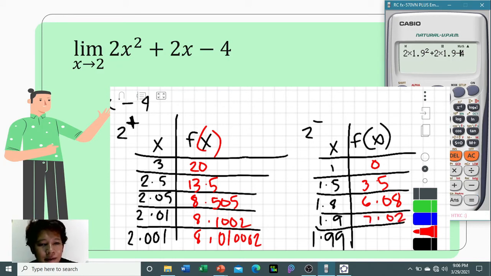And then if we have 1.99, then we would have 7.9002. So if you are not convinced enough, then you may have 1.9999 para mas makita nyo kung saan siya nag-a-approach. So we would have 7.990002. So lalo siyang lumalapit kay 8. So in this case, we can tell that